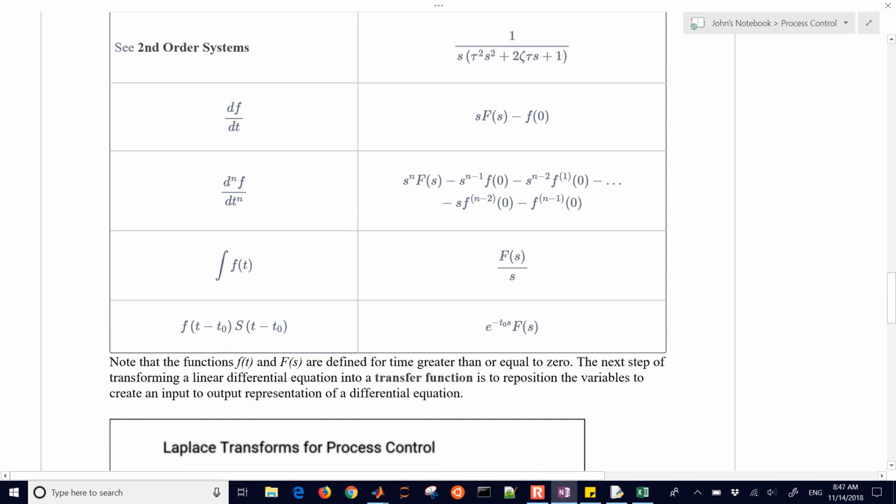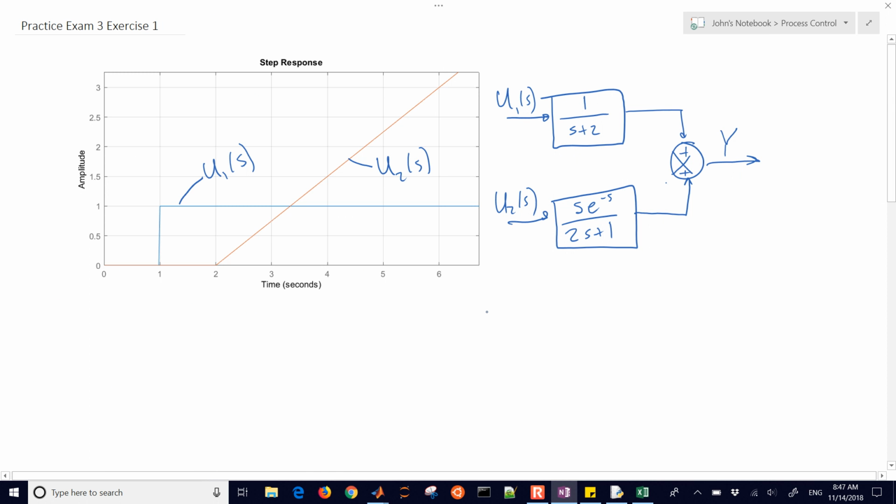so we need to come down here to our delay. If you have it delayed by a certain amount t naught, then that just means that you multiply by e to the minus t naught s. So for that very first one, we have u1 of s is going to be 1 over s times e to the minus s. So we have our delay of 1 there. And then our second one, which is u2,